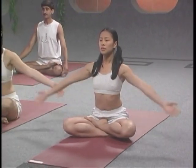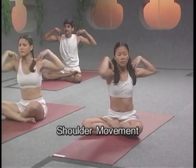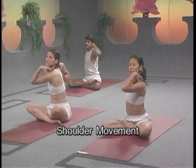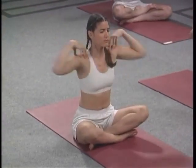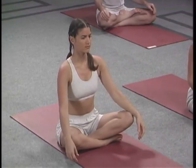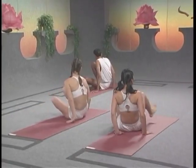Stop. Then shoulder movement. Placing the fingertips on the shoulders, swing from left to right. Inhale going left, exhale going right. You can go faster. Then slow down, stop and relax. Now lie down, face up,